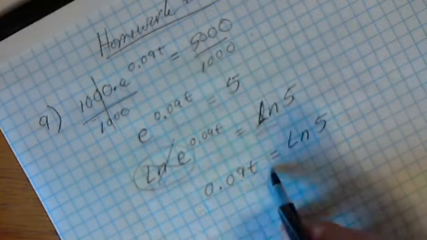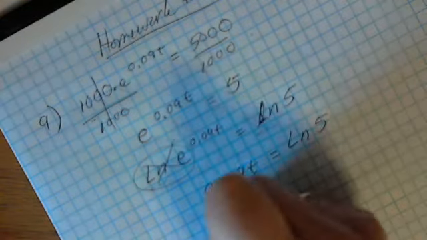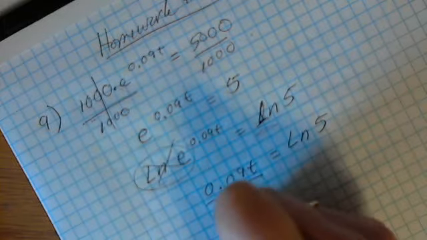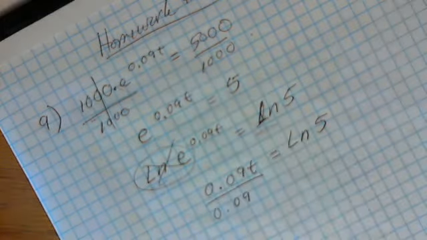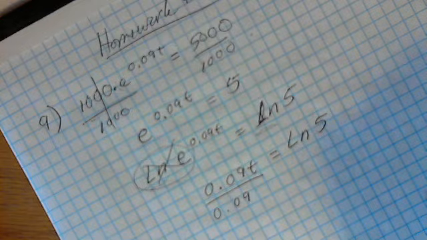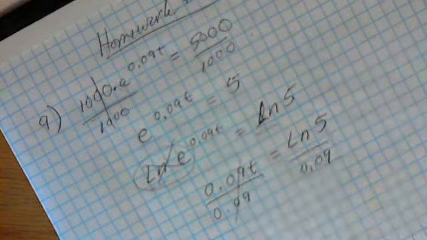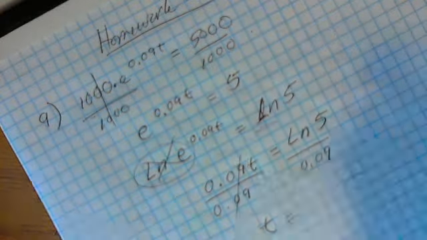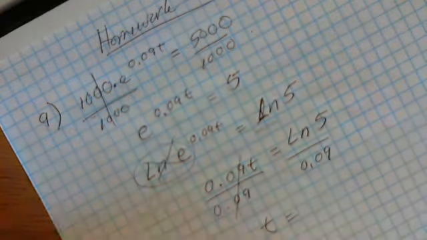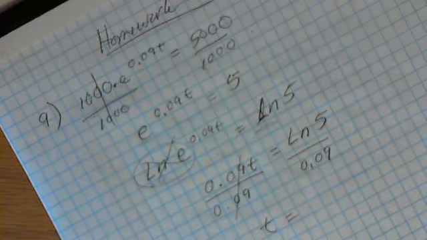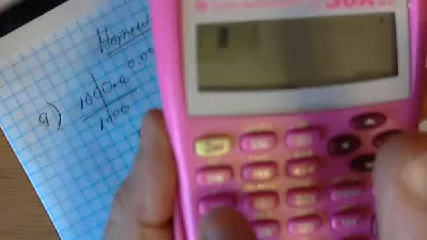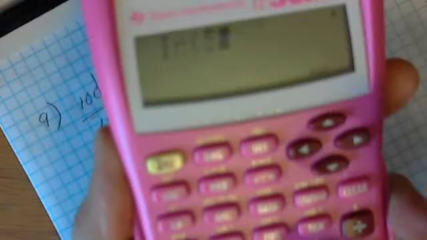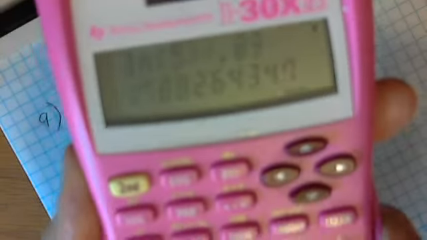Now again, I want to get t alone, so I'm going to get rid of the 9/100ths that's multiplied by it by dividing both sides by 9/100ths. And this will get my t alone here. And now on my calculator, I can do the ln of 5 divided by 9/100ths, because I have an ln key, and my calculator can do this. So ln of 5, close those parentheses, divided by 9/100ths, and I get approximately